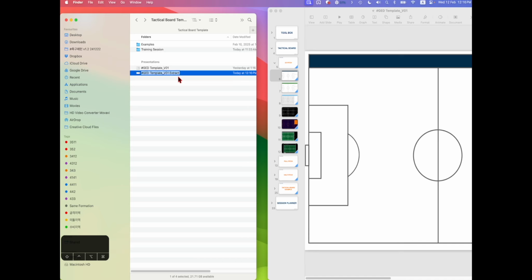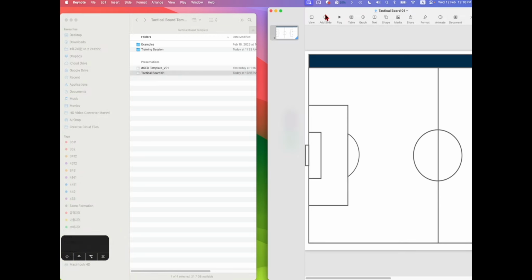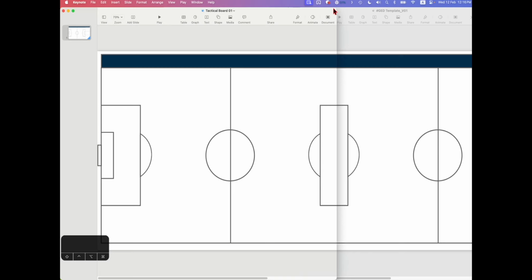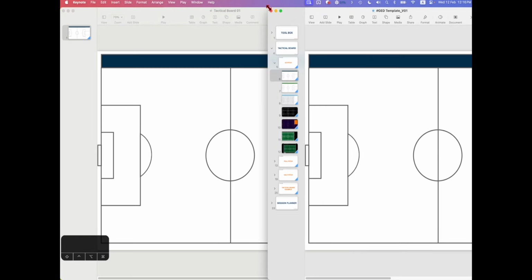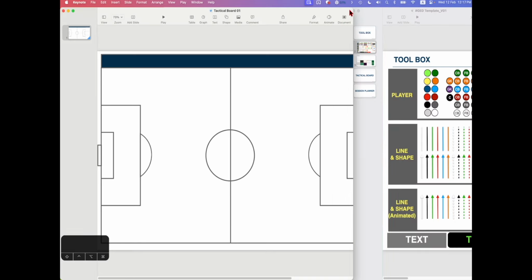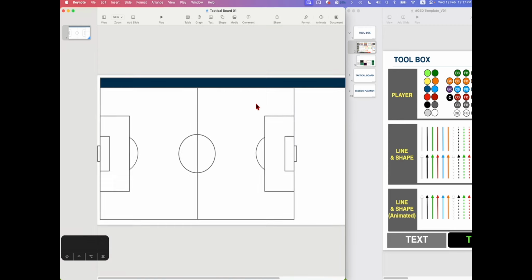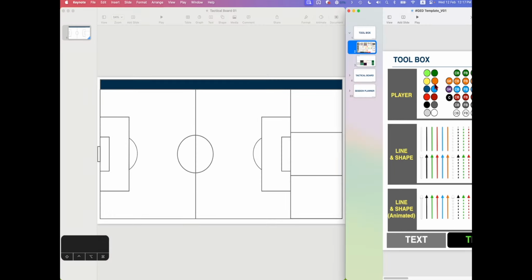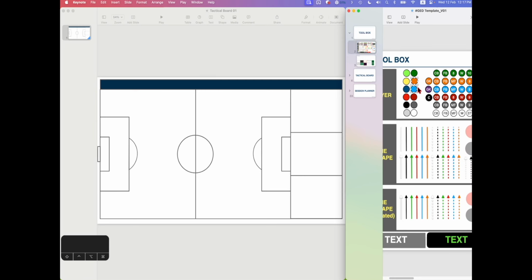I'm gonna rename it as Tactical Board number 1. I'm gonna open it. This is my new workspace. When I'm working, I always split the screen, toolbox on my right side corner, and my workspace on the left side, like this. And just simply copy the objects that I want and paste onto the workspace, like this. You can just duplicate